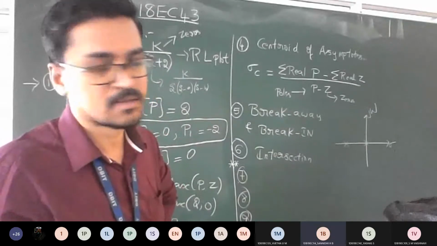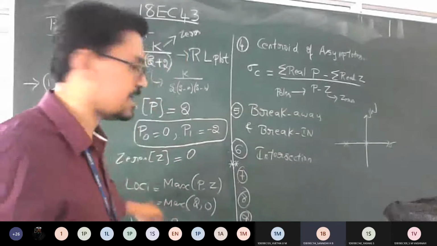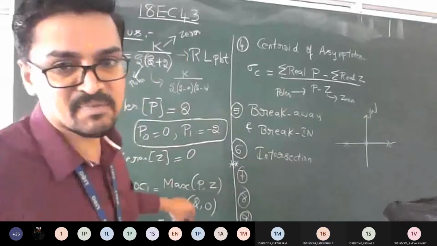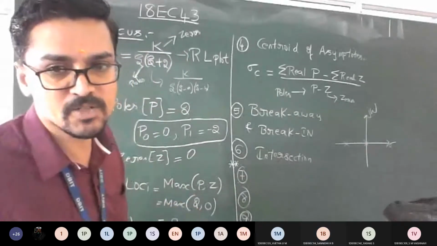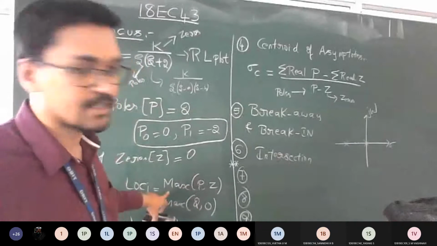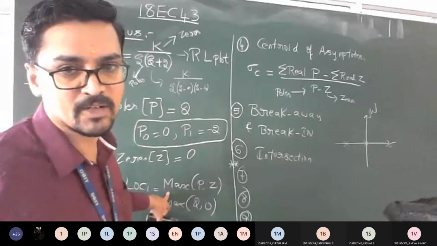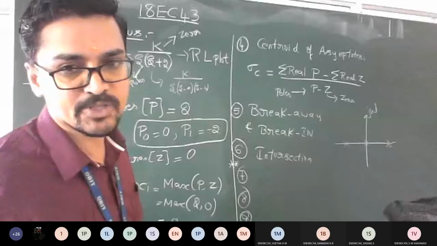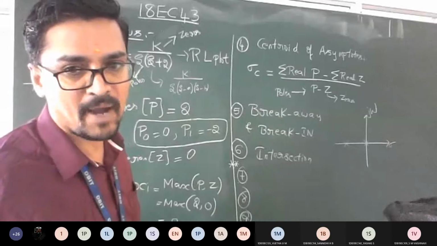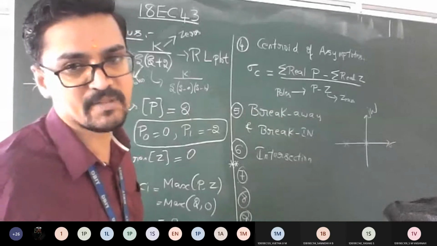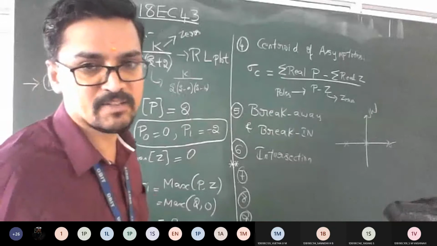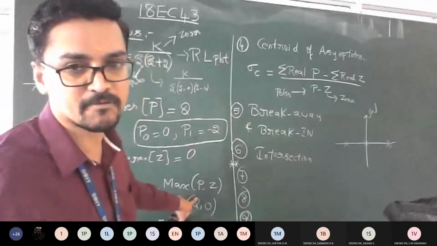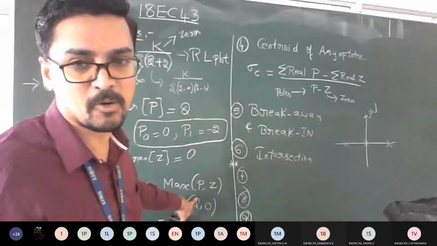So number of loci. Number of loci indicates the maximum number of poles or zeros you have. In this, you just need to check how many root loci there are. I need to plot a root locus sketch, right? So there you should check how many maximum loci will be occurring. That loci will be directly dealing with the maximum number of poles or zeros.